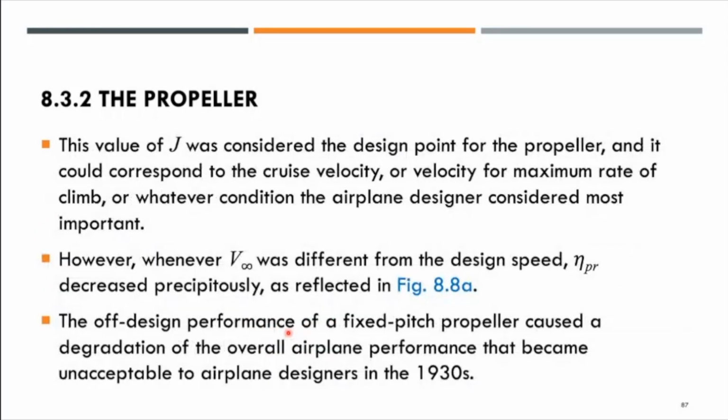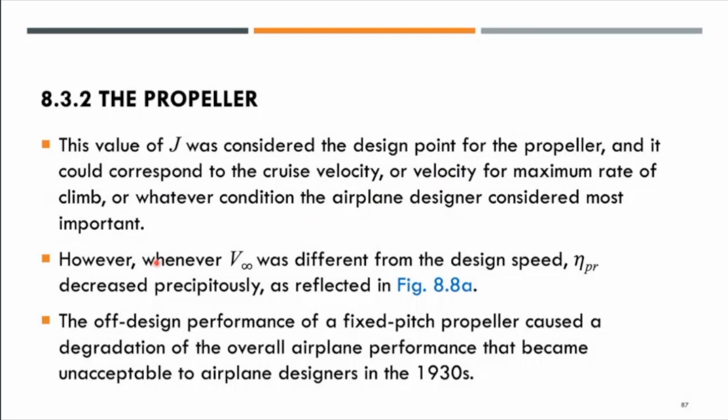This value of J was considered the design point of the propeller. The advance ratio is used to set the design point of the propeller, and could correspond to the cruise velocity or the velocity for maximum rate of climb,